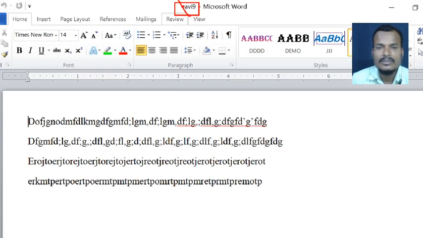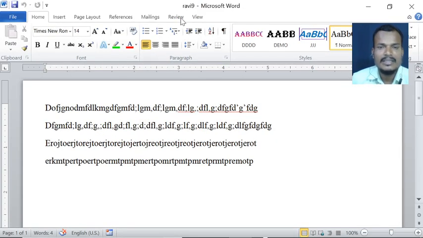Here in Ravi 9 we have typed a four-line paragraph. Now I want the file name to be another name and the content should be the same. File name I want to change, but the content should be the same. For that purpose we have to go for Save As. For Save As, first of all we have to open the file for which you want to change the file name. Yes, here I want to change the file name of Ravi 9.